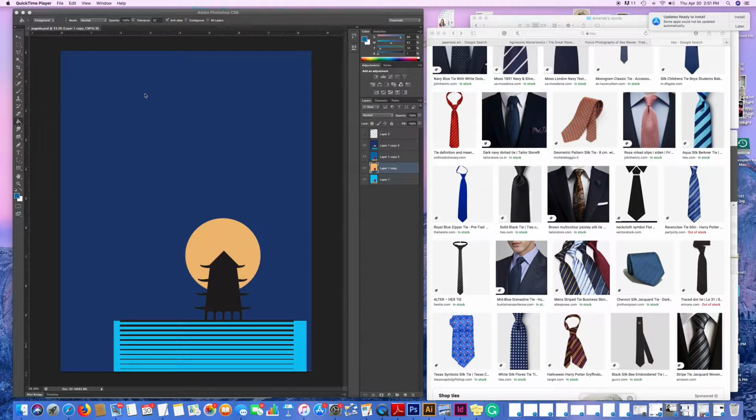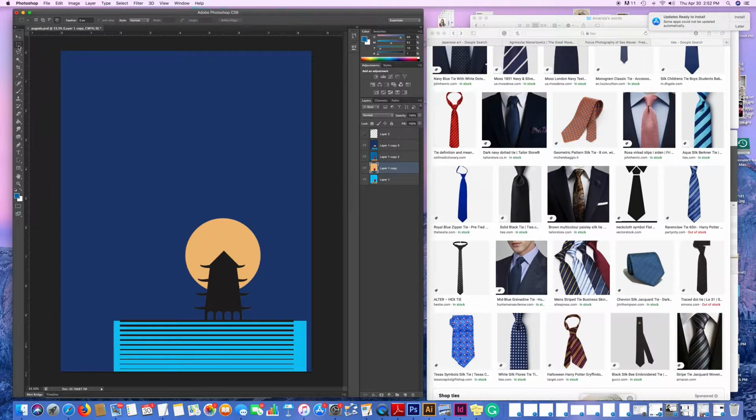The thing about Photoshop is because, as I showed you in the last video, these are no longer separate shapes like they were when you drew them in Illustrator, so you can't just use this tool and just click and select something. It takes the whole layer. So we don't want to do that. What we want to do is make a shape, select a shape out of this, the tie shape. So there's several ways to do it. One way will be to use this lasso tool. It's a polygonal lasso tool, which lets you draw straight-edged lines to create